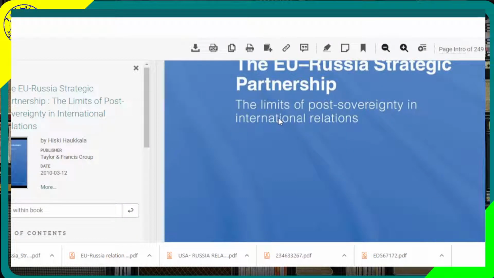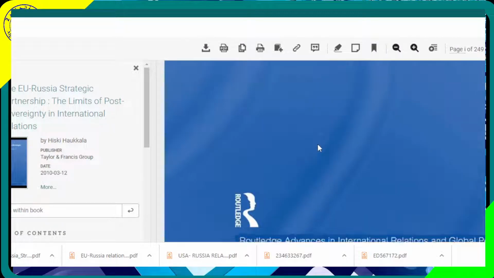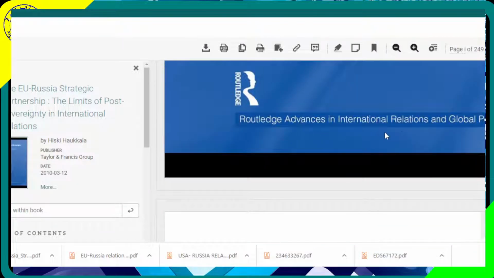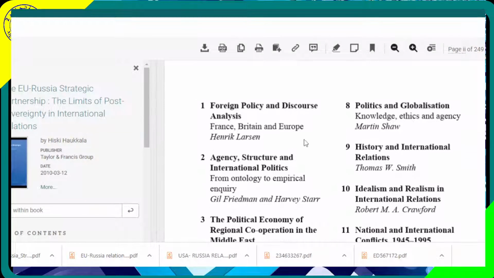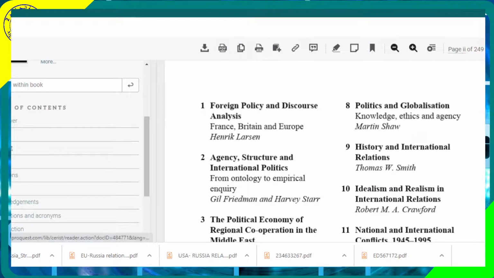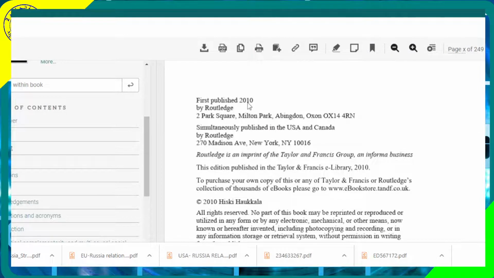And what you do, you take the bibliographical information from here. Okay, so Routledge Advances, maybe the second, where is the copyright page? Copyright page, here it is. Copyright page. So published 2010, Routledge,